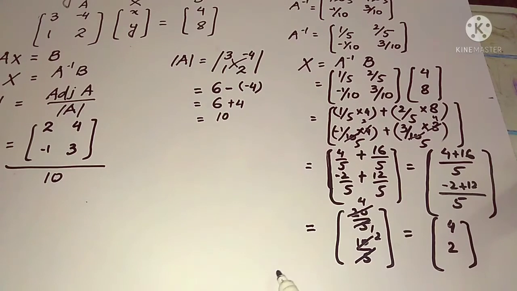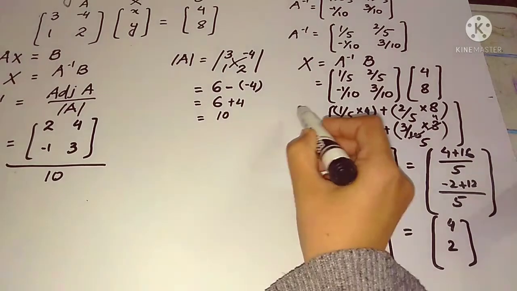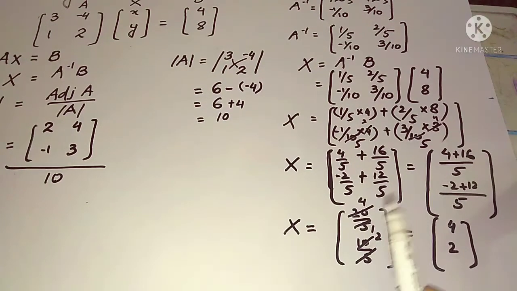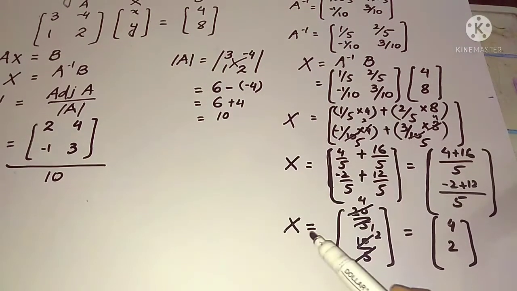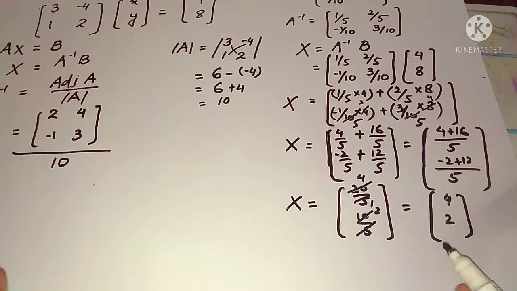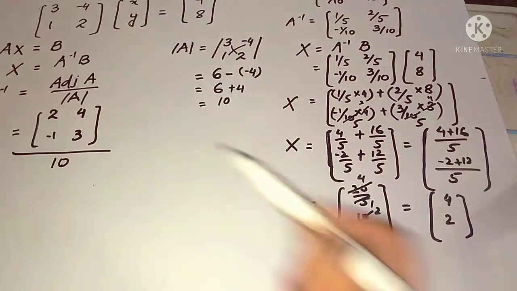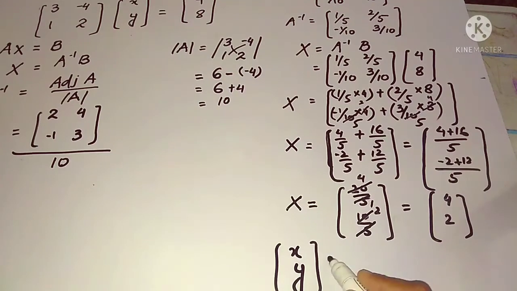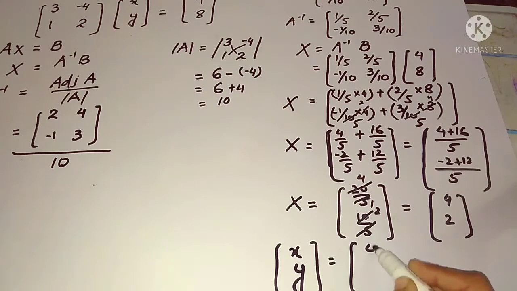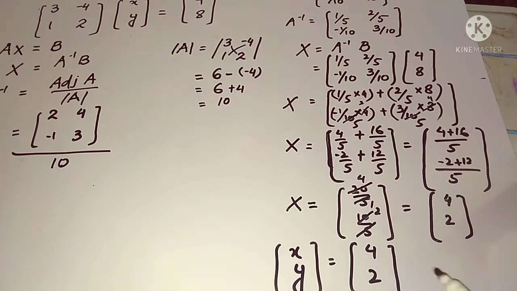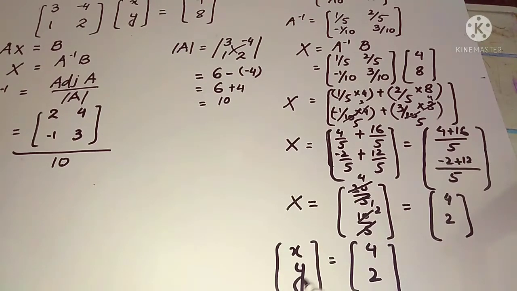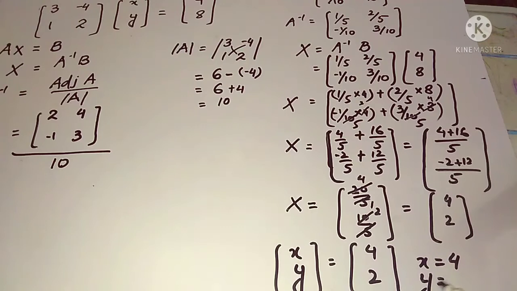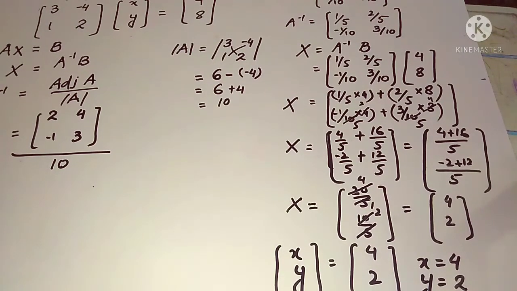So students, it means that what is x? We have found the values of x. Now this is x basically. We are finding x, which is A inverse B. We have multiplied A inverse with B. So what is x? X is xy. Now here you can see that xy is the x, so you write xy here. And what's the answer? 4 and 2. So it means that the value of x is 4 and the value of y is 2. So x is equal to 4 and y is equal to 2.